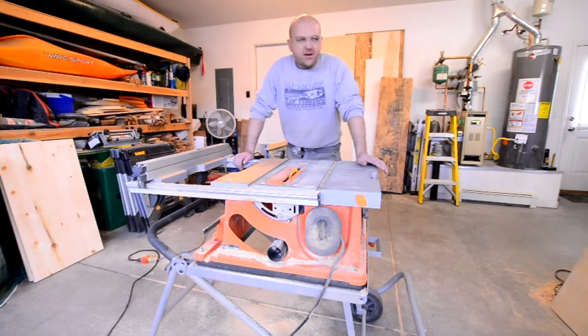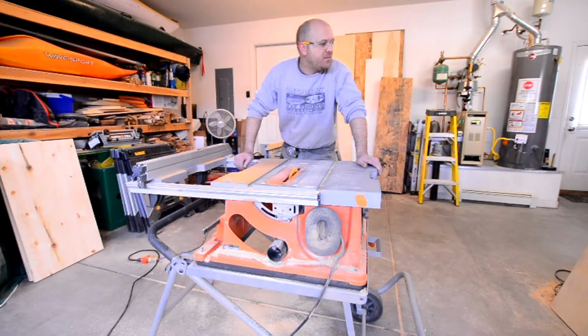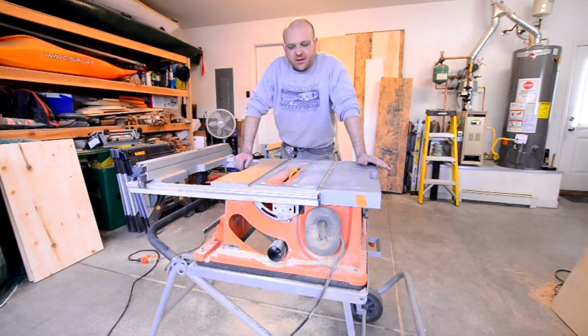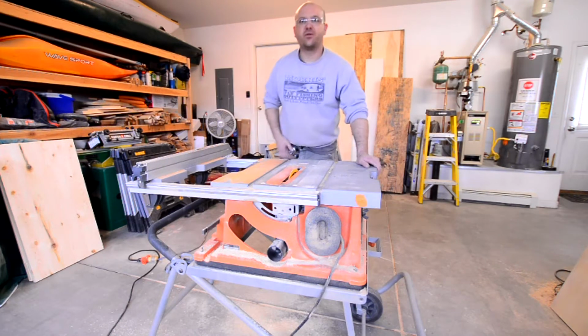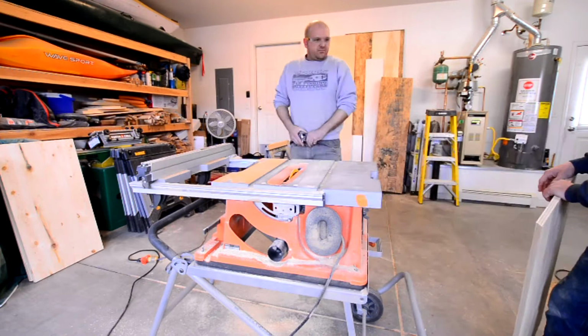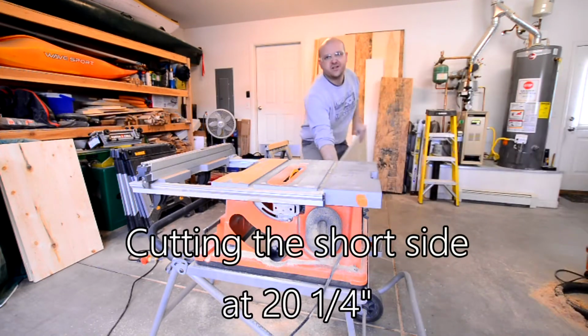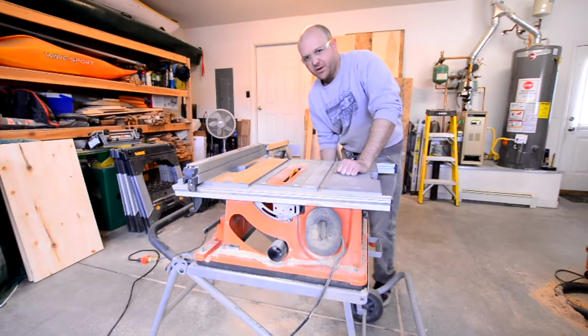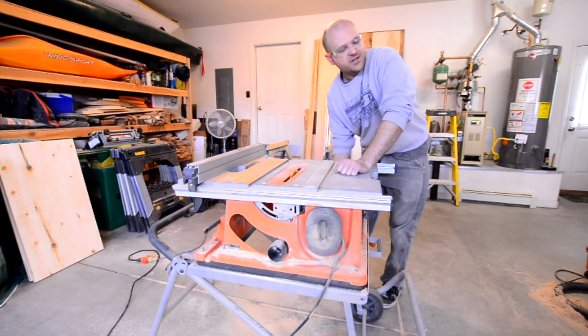And now that we've cut one at 21, given our method of construction, we're using 3/4 inch material. So 21 minus 3/4, we need to make the next cut 20 and 1/4. And we'll make the cut. Now that we've got our sides constructed,